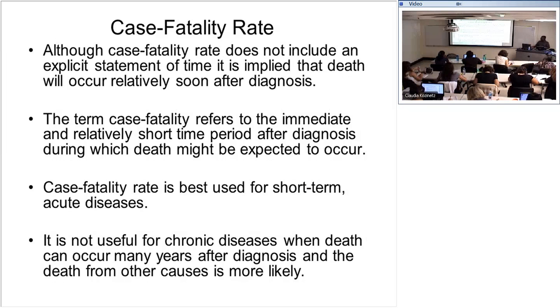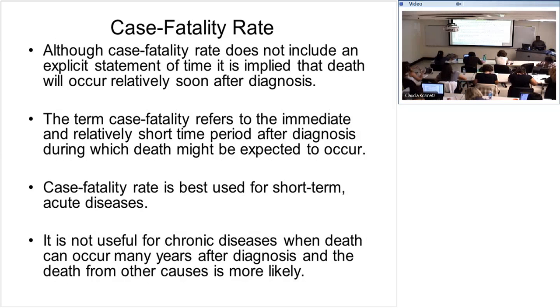Usually when we hear case fatality rate, the implication is that mortality occurs within a short period of time. So death from the disease has a very short duration, and that is the implied thing. It could mean something beyond that. But as we discussed, they usually want to use case fatality to measure a disease that has a very short course. Either you die within a short period or you survive it. That's it. So it refers to the immediate and relatively short time period after diagnosis, during which death might be